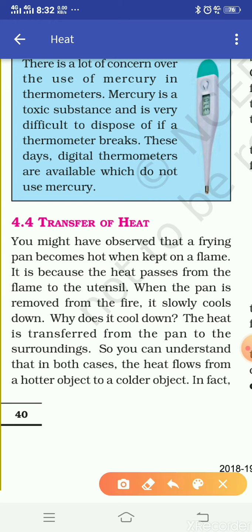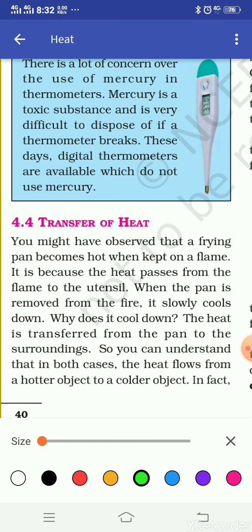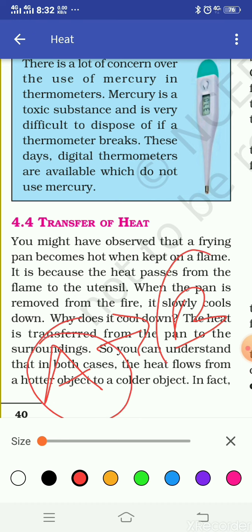Because object A has a greater temperature, clear. So heat is transferred from A to B. Heat always travels from the hotter body to the cooler body, clear.